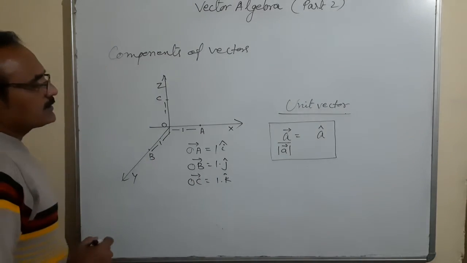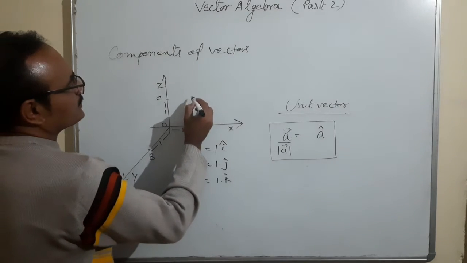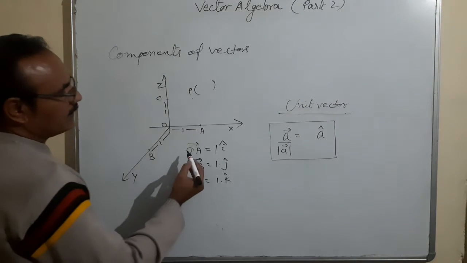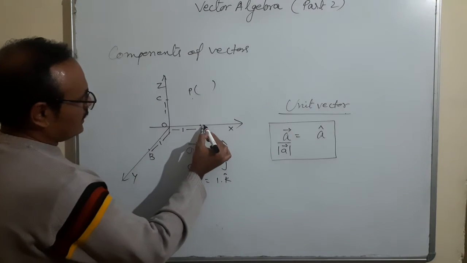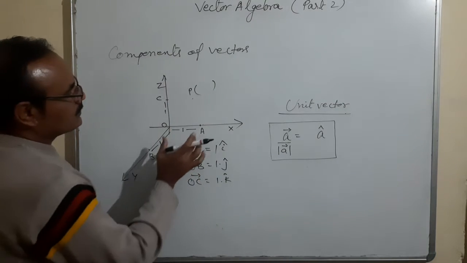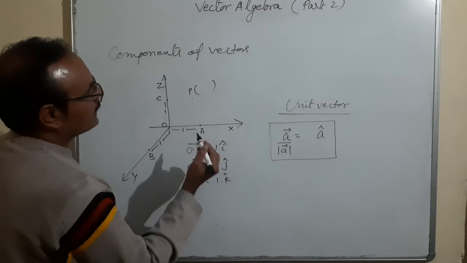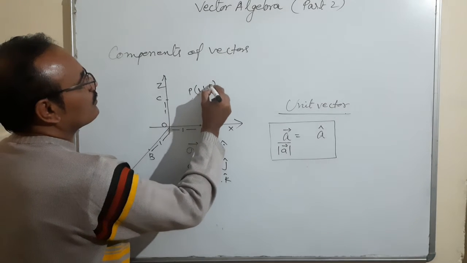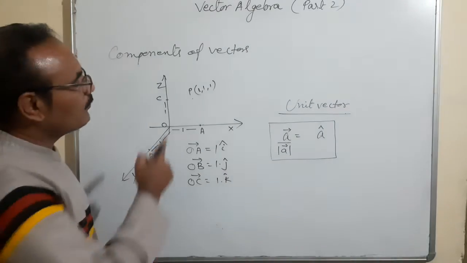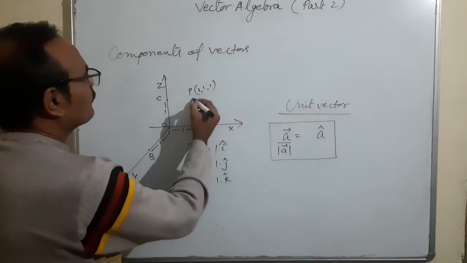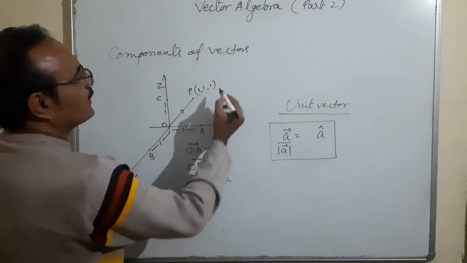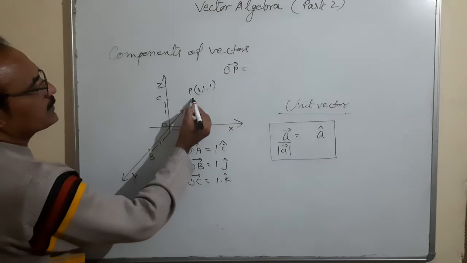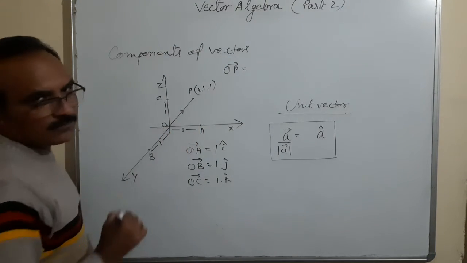Okay, let us discuss. Suppose there is a point P in space and we want to write its position vector. So what should I write here? It is from O to A, then A to B, and then B to C. So from O to A, it is I cap. So actually the points are 1, 1, 1. In 3-dimensional geometry, the points are 1, 1, 1. When we write here the position vector of P, vector OP, then how to write here? Position vector of P minus position vector of O.